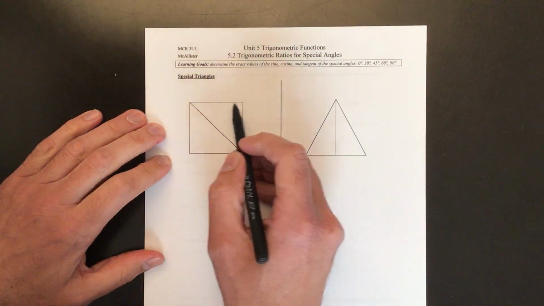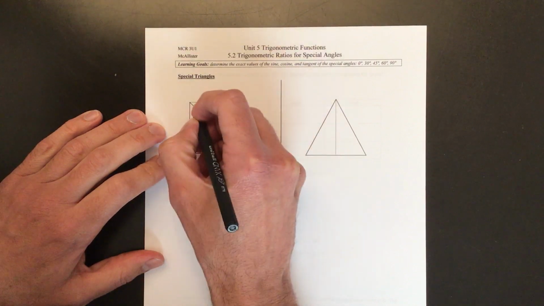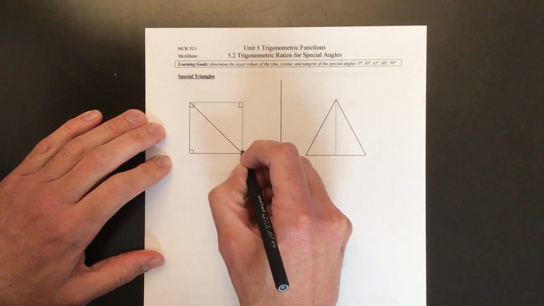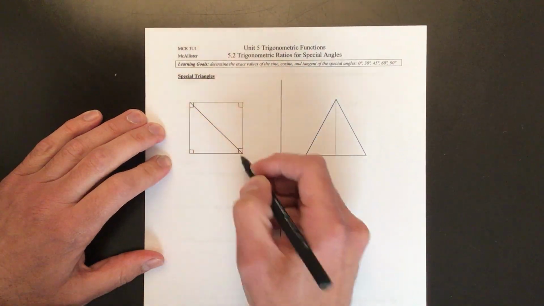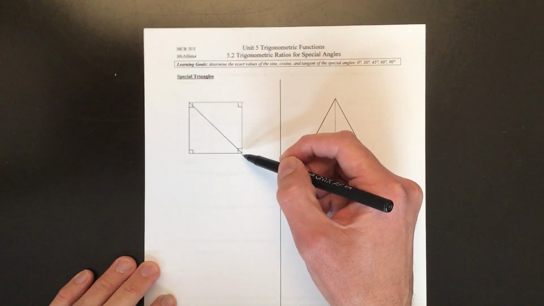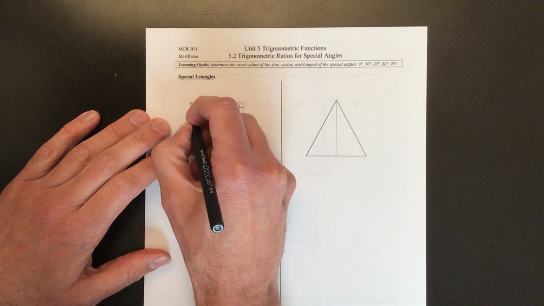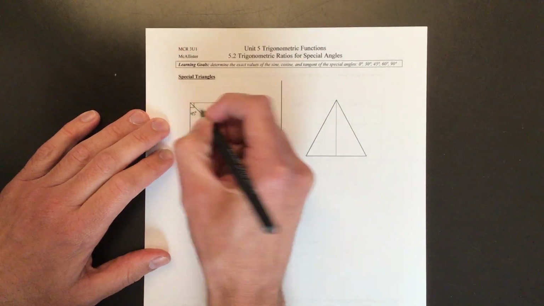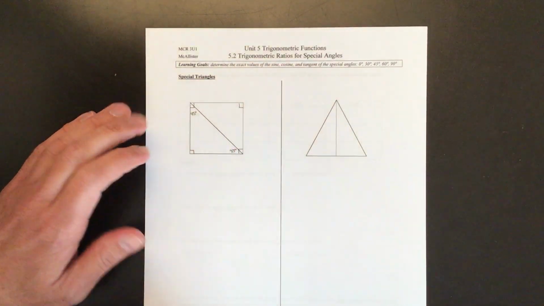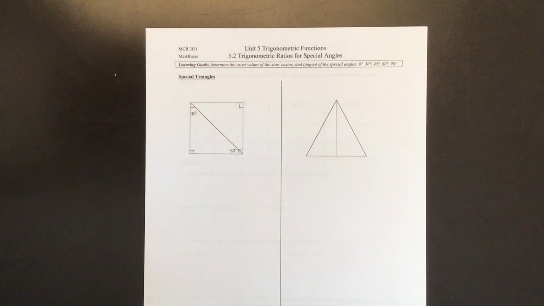But if we initially look at this as a square, we know that each square has 4 right angle corners, right? 90, 90, 90, 90. So when I split it in half diagonally, this 90-degree angle now becomes 45. Same down here, this angle becomes 45. Now we're going to label our side lengths, and I'm just going